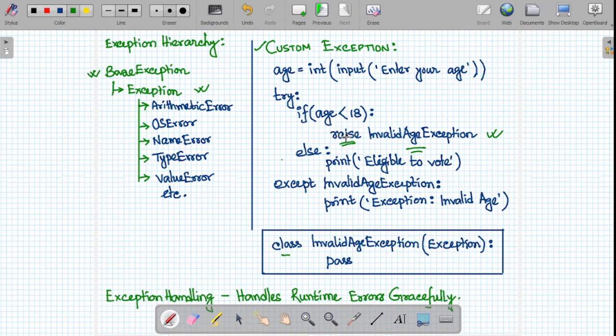If there is any exception within the try block, we have understood that it will directly go to the except block without executing other statements within the try block. And except is a block in which we will handle the error. If the age is less than 18, we are raising an exception, and that exception we are handling within the except block. In the except block, we are writing exception invalid age. I have written a simple print statement, but based on your use case, you can write hundreds of lines here